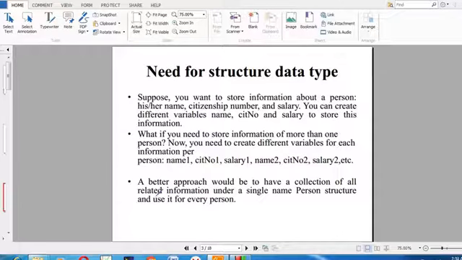If you want to store similar data items, we prefer arrays. Here it is the same: if you want to store different data items under a common name, we prefer the structure concept. For example, a student contains different attributes or data items: roll number, name, mark, address. Different things can be stored under a common name, and that is called a structure.